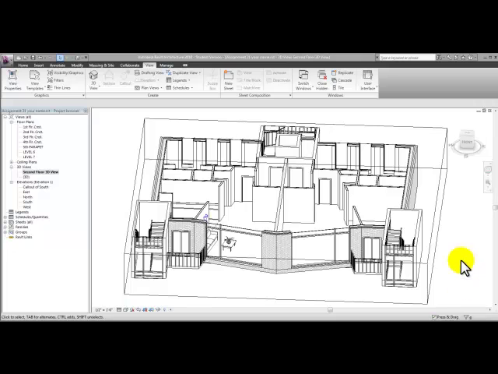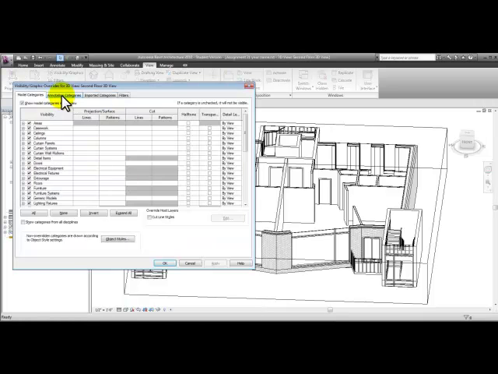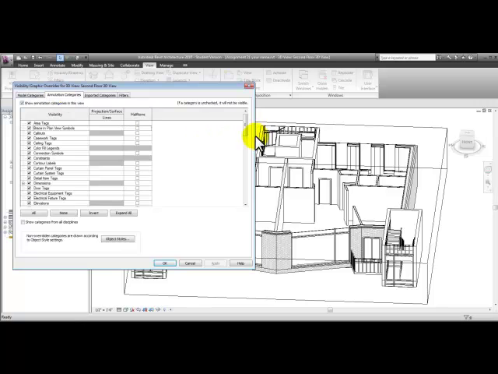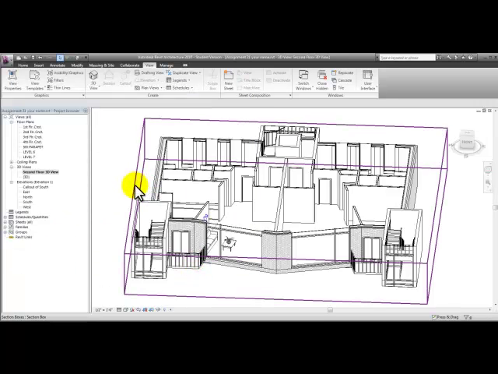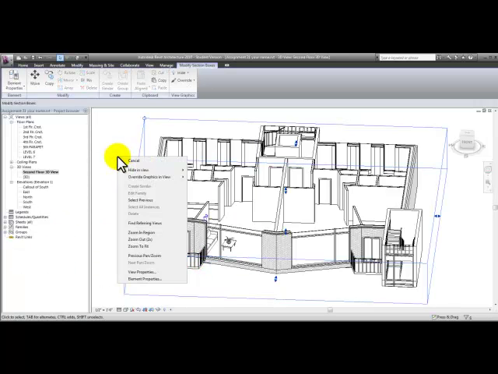If you'd like to turn off the section box, you can either type in VG and go to the annotation categories, scroll down to the section boxes and take the check mark out in front of the section boxes, or you can select that section box, right click, go to Hide View and Elements,